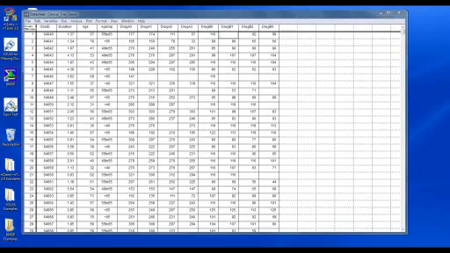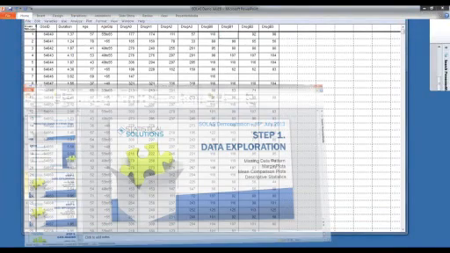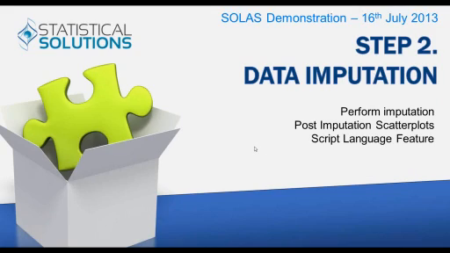So what I'm going to look at now is step 2, our imputation stage. So now we have some sort of understanding of the data that we looked at. Just quickly there, I've shown you some examples of how you can really mine into the information that you've gathered. So now you want to go off and actually deal with the missing data that you have. So now you need to perform some imputations and some post-imputation analysis. So I'm just going to jump back to SOLAS now, and we're going to tackle step 2, the data imputation